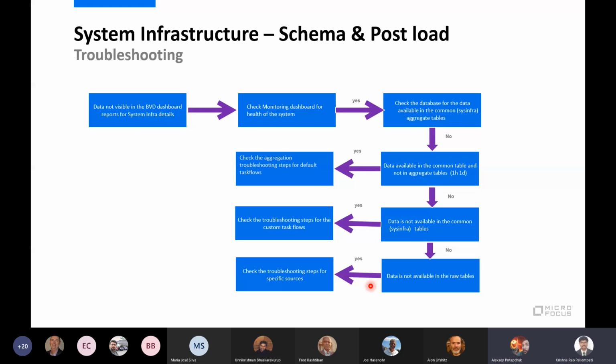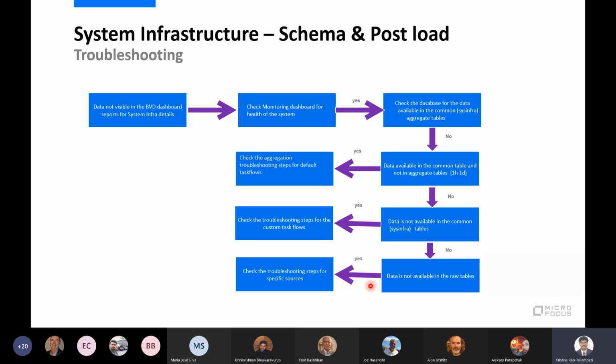So we have 3 questions, 2 of them actually for me in chat. One of them is, can we re-aggregate tables? Let's say I see that there are a lot of gaps and I want to just delete my aggregated tables and re-aggregate everything. I think 2010 is the latest released, right, Krishna? The latest 2010 does not have that capability.